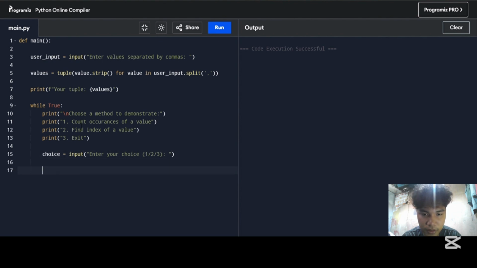If choice == '1': value_2_count = input("Enter your value to count")